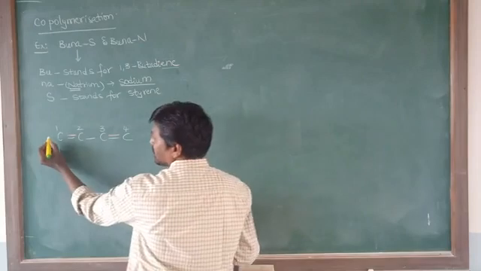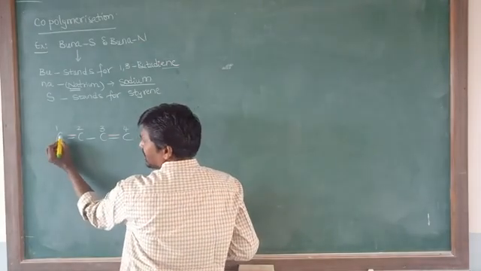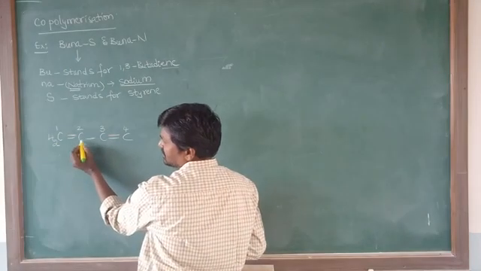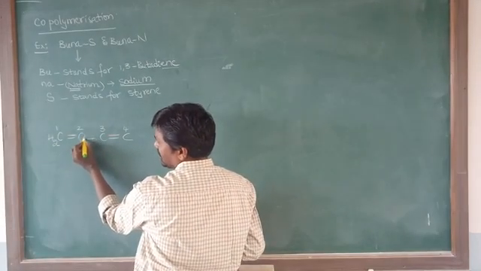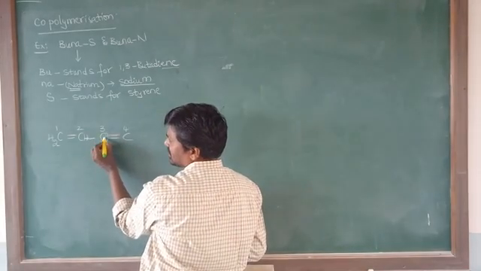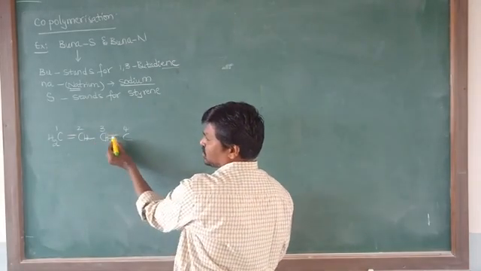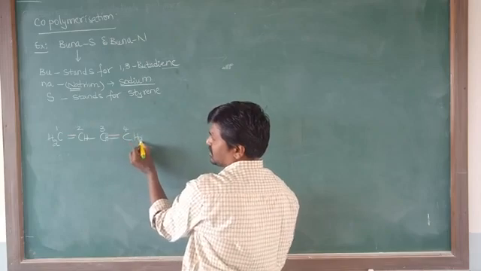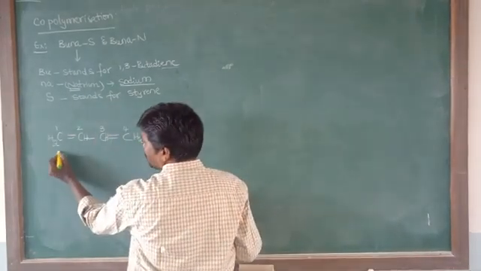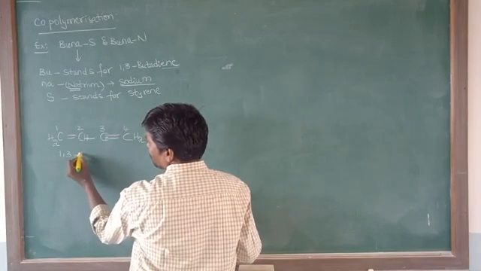Remaining thing, you have to represent the hydrogens here. Now 2 bonds are there, remaining 2 bonds are there, that's why I will write H2. 3 bonds are there, so here I will write 1 H. Here also 3 bonds are there, so here also I will write 1 hydrogen. Now this is the formula or structure of 1,3-butadiene.